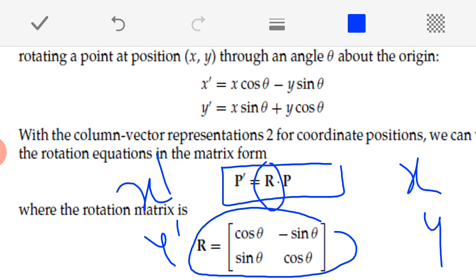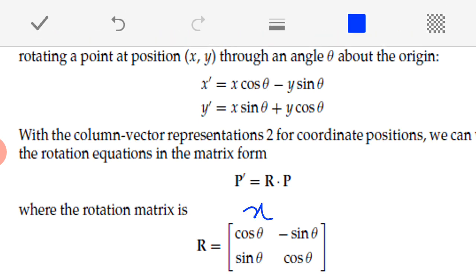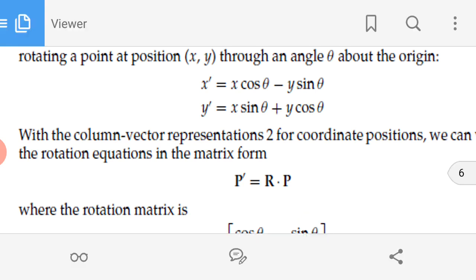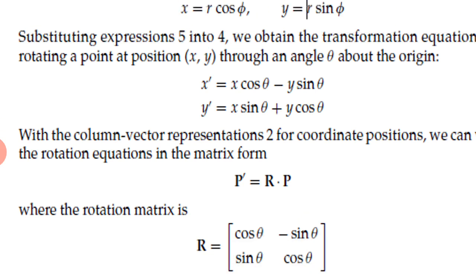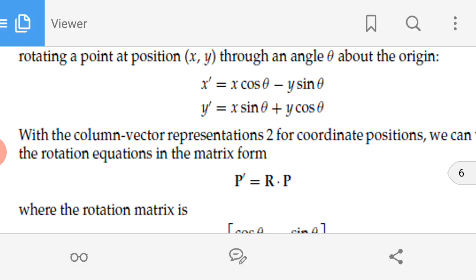How do we get it? It is very simple. In this equation, if you look there, this is the x, y component and this is the x', y' component. See here, x component is what? cos θ. y component is what? Minus sin θ. x component is what? sin θ. y component is what? cos θ. So, this is how you can write it in the equation. So, this is the equation of rotation. You have to remember this, it is very important: cos θ, minus sin θ, sin θ, cos θ. This is the rotation matrix that we have derived here.